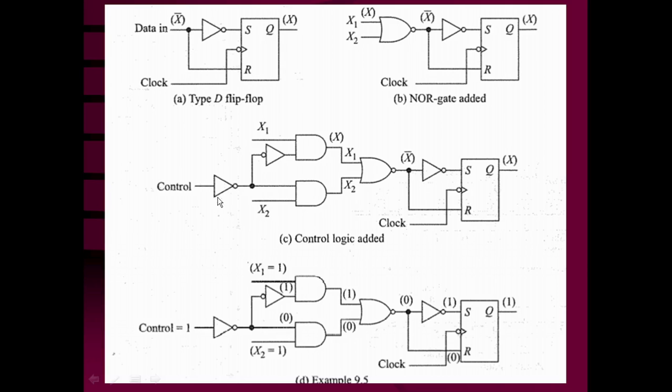So this way, this control signal is controlling low or high, and accordingly data present at X1 or data present at X2 will be shifted into the shift register when the clock makes a transition. You can see here through 1 and 0 also. If the control line is 1, after the inversion it becomes 0. That means for this AND gate, one of the inputs is 0, and for this AND gate, one of the inputs becomes 1. So this AND gate is going to be enabled, and this AND gate is going to be disabled, because any one of the inputs is low, the output of this AND gate is going to be low.